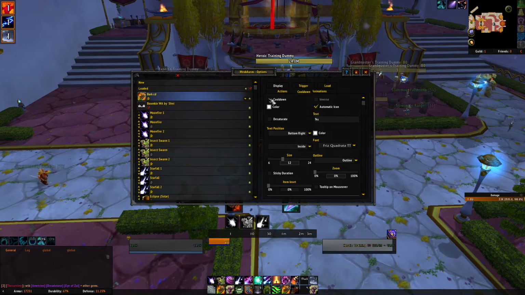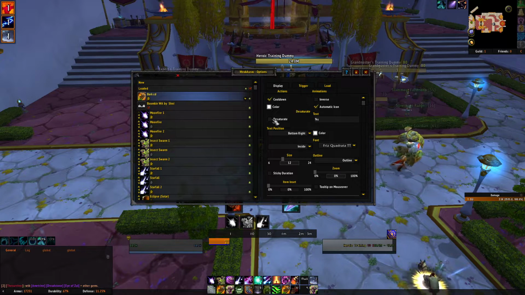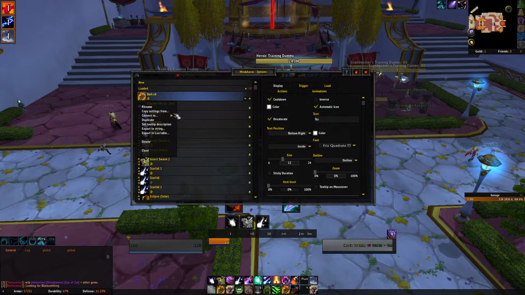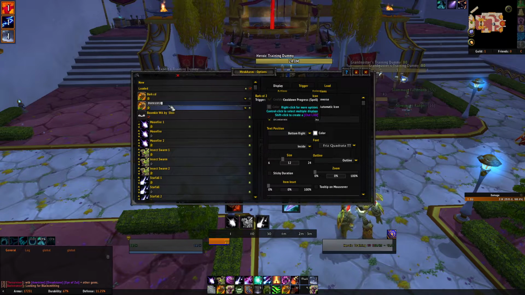Now for the display you need to go and tick this cooldown tab here. The reason why you need to do this is if you don't, you will only see the icon and you will not actually see the number appearing on your WeakAura showing you the actual timer. And we'll go desaturate, which will make our WeakAura black and white as a sign that it is on a cooldown. Now whenever we duplicate this WeakAura,